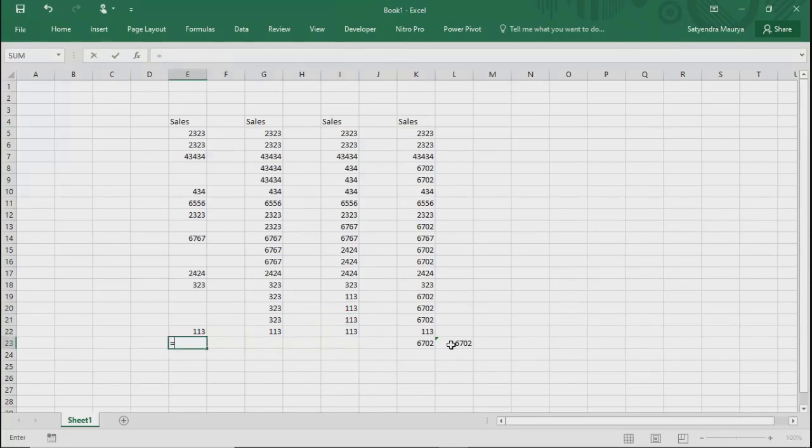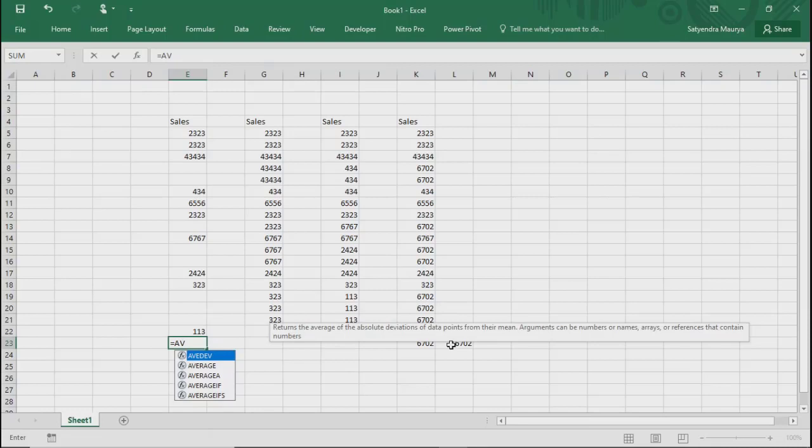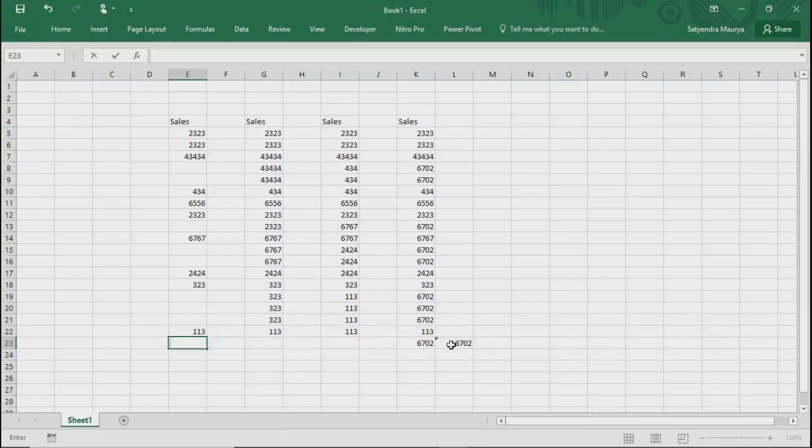Even if I see the average of these, it varies, it's going quite high, which means fill up and fill down are not as accurate as the average.